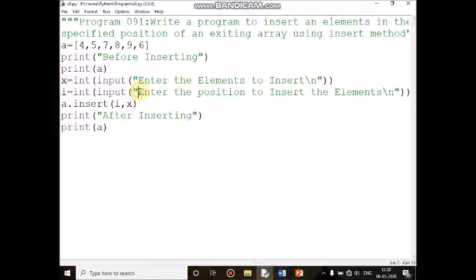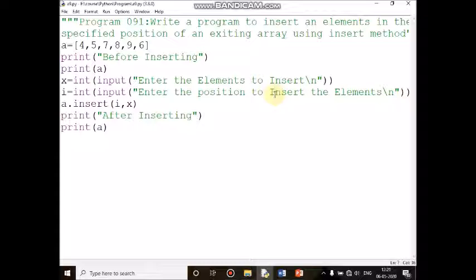In the next line, I am going to read the value from the keyboard: which position I am going to insert the particular element. The innermost function, the input function, first displays the message, enter the position to insert the element. After that, the cursor will move to the immediate next line and it is waiting for the input. Whatever value I read through the keyboard is treated as a string.